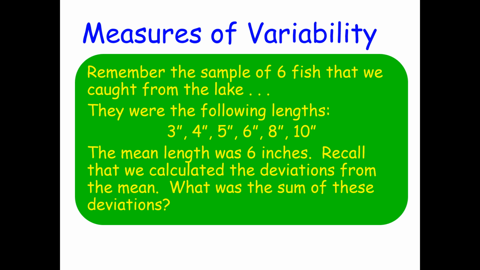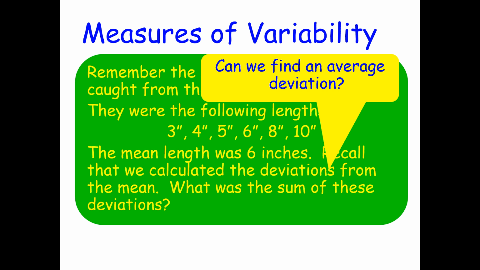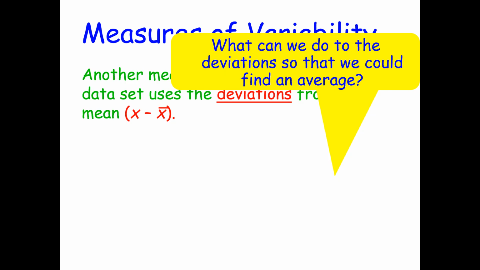Now recall that we calculated the deviations from the mean. Do you remember what the sum of these deviations were? That's right, they were 0. Can we find an average deviation? What can we do to the deviations so that we could find an average? Well,